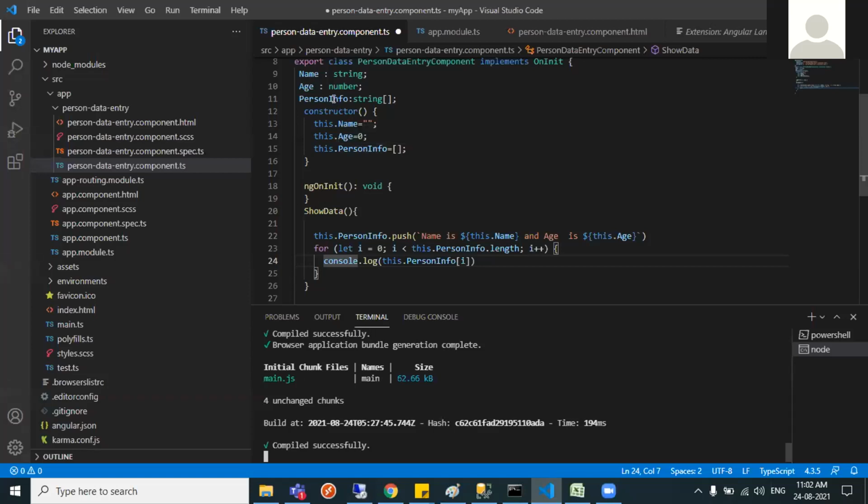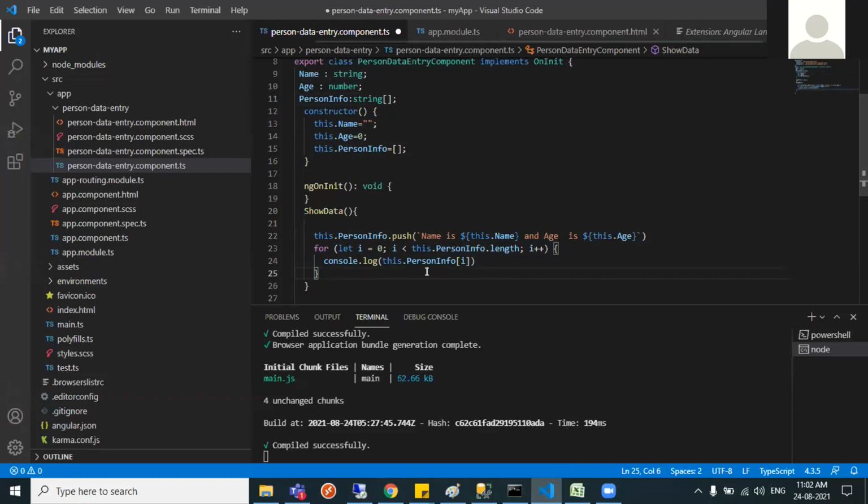So this is the array that I have created, personal information, and it's a string array. Then I have initialized it, and currently I'm pushing into that array the string which we have displayed, and then I'll take a for loop and just print on the console. So what I need you to push is only name and age, not an entire string, so I can reuse name and age in any way that I want later on. Oh, okay, no worries.